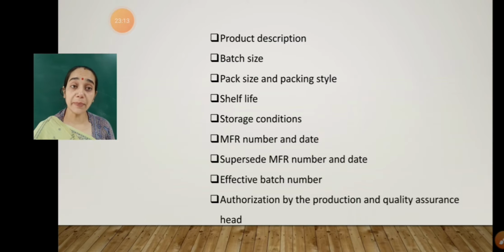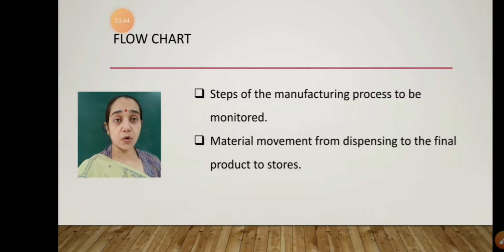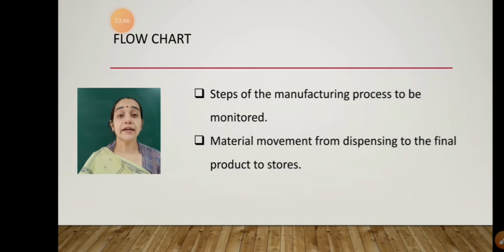Now it will contain the details of the authorization, meaning who will be the authorizing members. The authorizing members will be the production department head as well as the quality assurance head. And along with that, these were all the different product details which will be present in our master formula record. Our master formula record will also contain the different flowcharts,